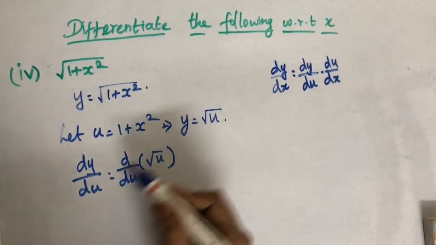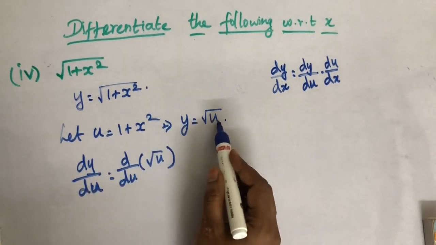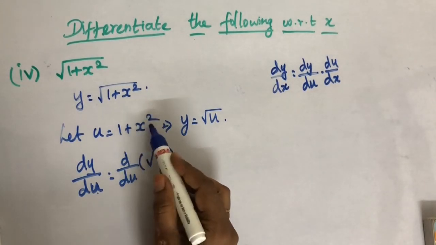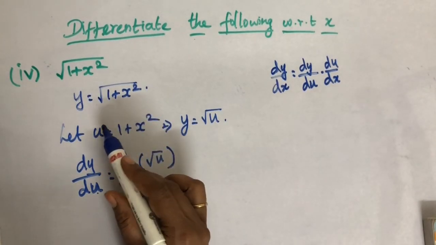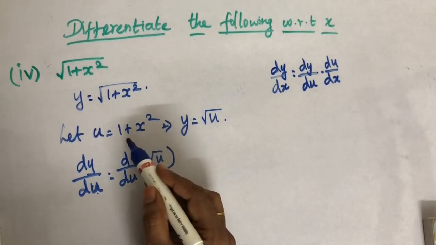Here we have to differentiate with respect to the variable which is on the right, u. If you have x on the right hand side, then you can differentiate it with du by dx. All the other variables will be considered as constants.